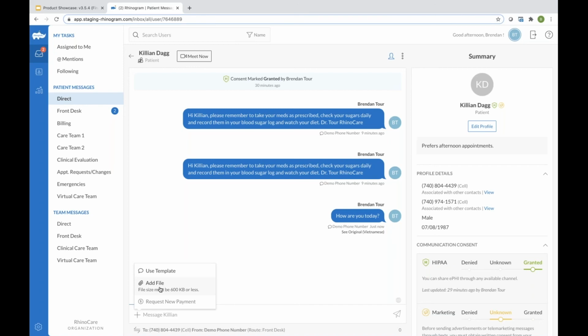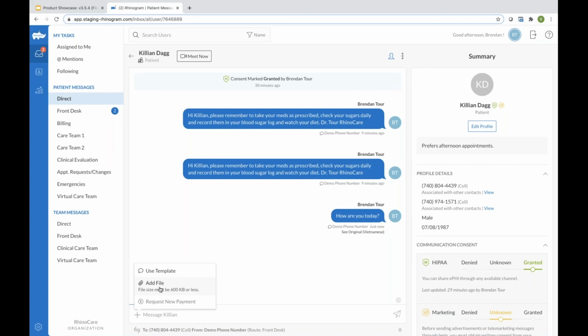So still at that point, the limit is 600 kilobytes, and for instance, you can't send a PDF here. If I was just sending a regular image file, I would do that the same way that I always have. However, if it is a file, for instance a movie you want to send, or a PDF with some instructions, or a common form that does not contain any PHI, but you are sending it out to your patients on a regular basis, rather than having to send anything via Rhino Secure,